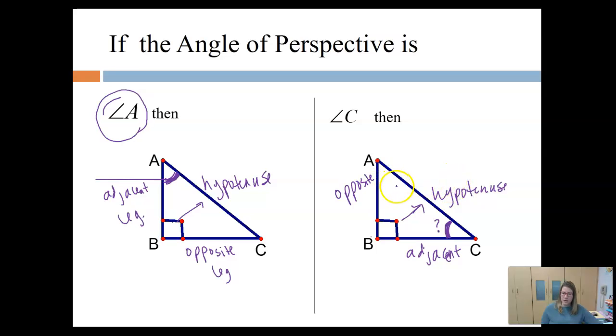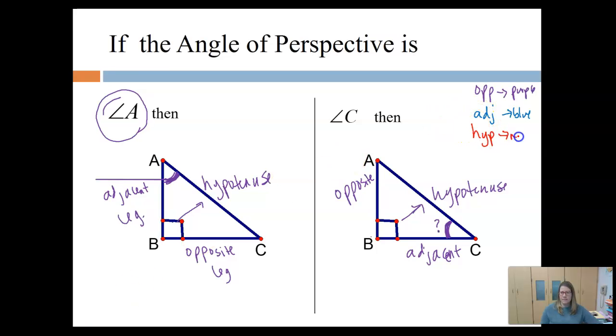You can also color code it if you want. So you could get, like, red for opposite. So you could make a little key up here. So the opposite is going to be purple. And then you could say the adjacent is blue, and then you could say maybe that the hypotenuse